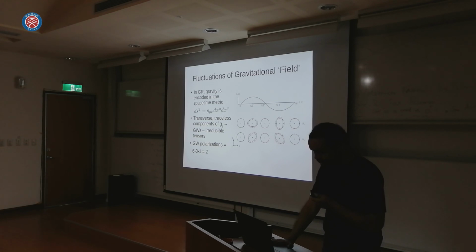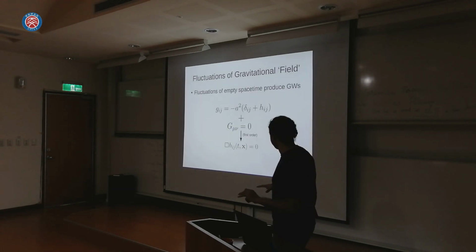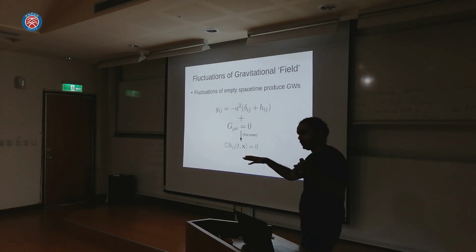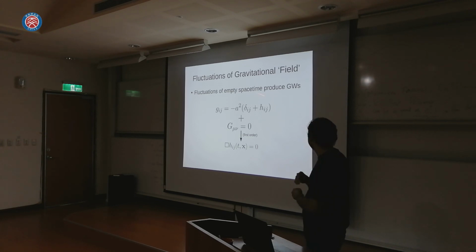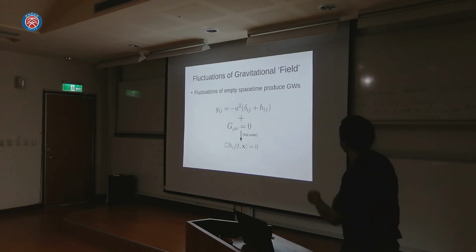Let us now consider the inflationary era. But we assume that the space-time is totally empty. There are no sources, except for the fact that the space-time is expanding during inflation. So there is an exponential expansion happening. Otherwise, it's homogeneous, except for maybe some slight perturbations around this homogeneous background. In that case, the spatial part of the metric can be written like this. So delta ij is just the homogeneous background, and h ij is any small perturbation that can happen during this time.